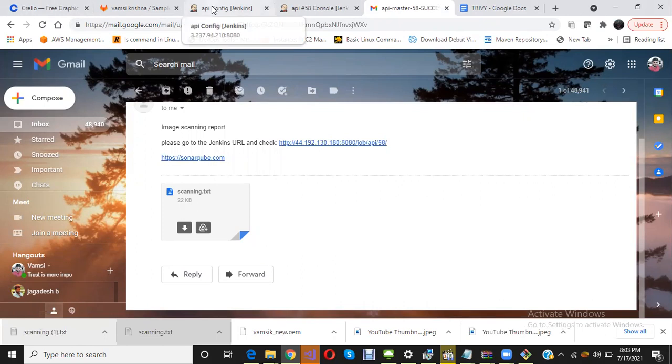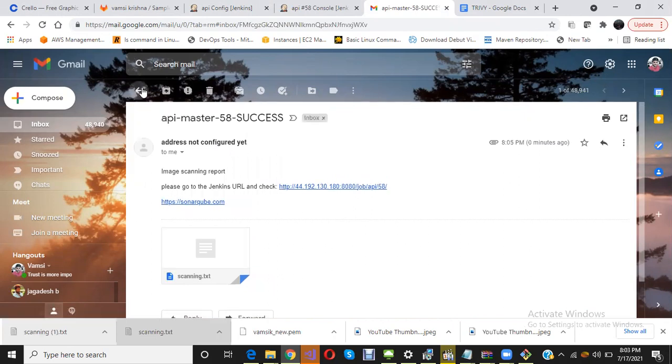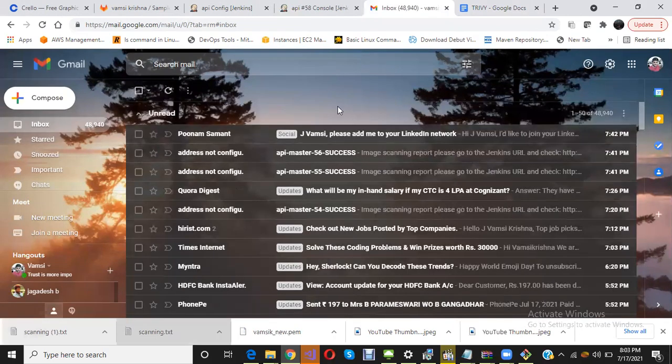So this is how, guys, this is the Trivy part, and it's simple and straightforward. It can be easily implemented. And why scanning? It is for security purposes. Before pushing to Docker Hub, or any Artifactory repository, we need to scan the image, and afterwards we can push to Docker Hub, or any other Artifactory repository like Harbor.